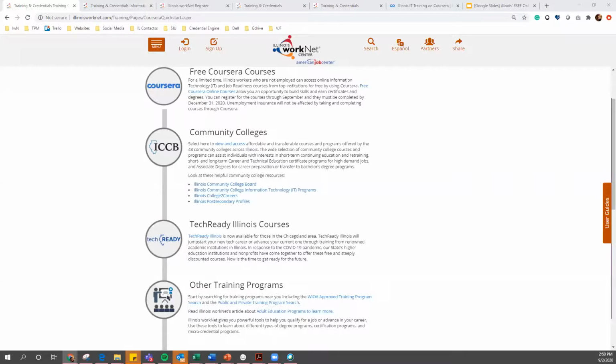So we have the IT pathways for these colleges, including IT generalist, network systems, some programming and software development, as well as an IT generalist. We talked about that, and a variety of different things.